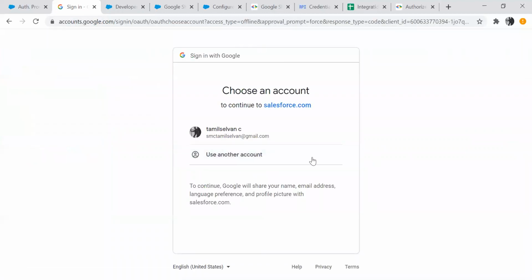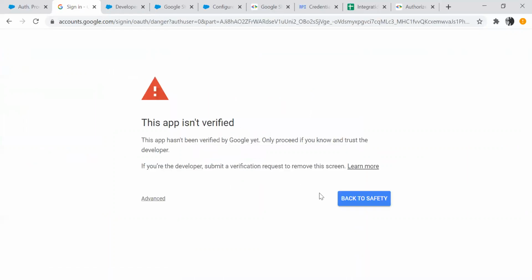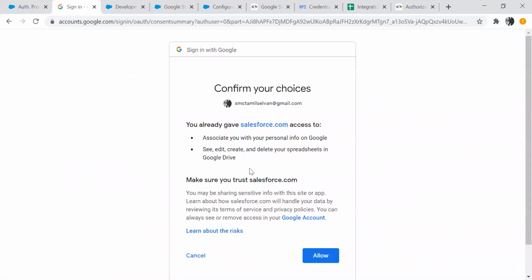So now it took me to the Google sign-in page based on the authentication URL that we gave in the authentication provider. Let me confirm. So now it is saying that you already gave the access to this, because I was already authenticated to this Google Sheet API before.